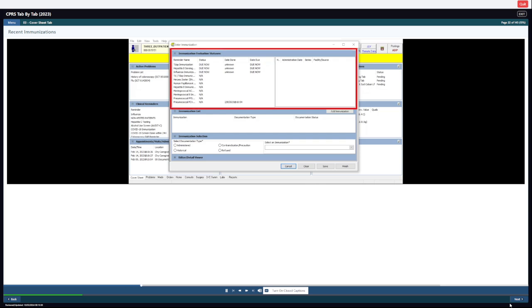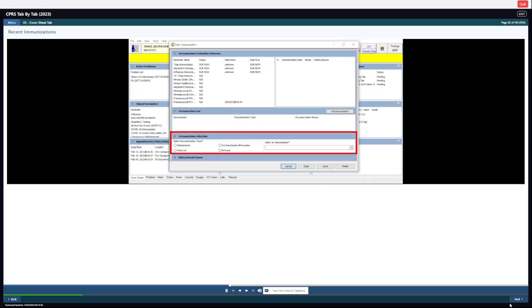The evaluation status section displays when the clinical reminder for the immunization is due or when it was last completed. The list section displays pending and completed immunizations and has the Add Immunization button if a new immunization is needed. The immunization selection section allows users to document if an immunization is administered, historical, or reported by the patient, contraindicated,